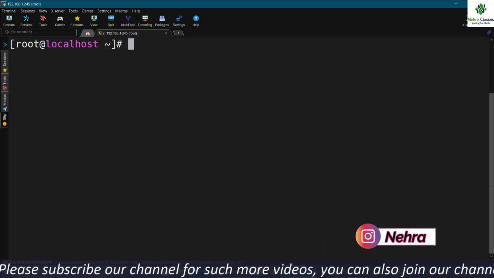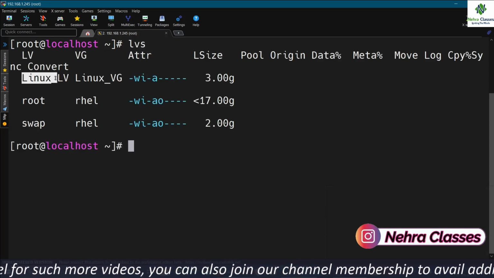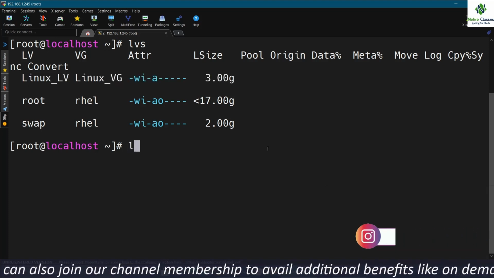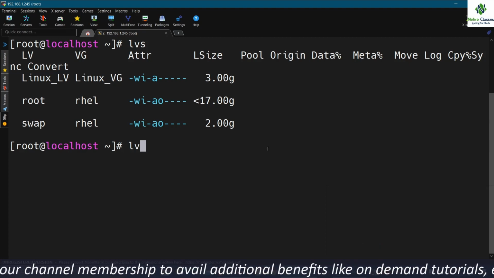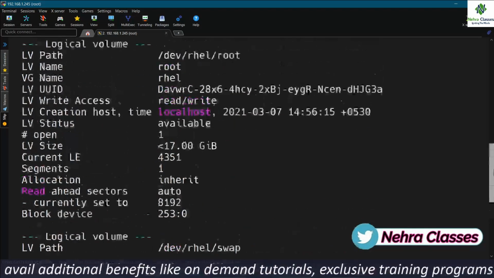So you can see that we have successfully created the LVM, and we can verify the same by running the lvs command. This is the LVM, and if we need to go into more details, we can execute lvdisplay. Lvdisplay will show us additional details.